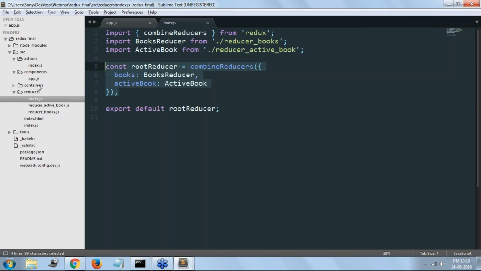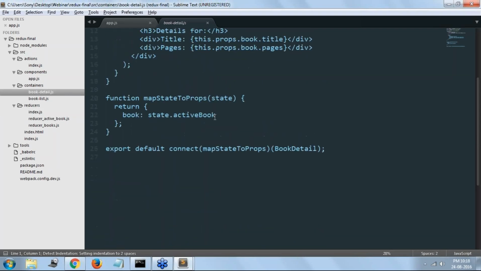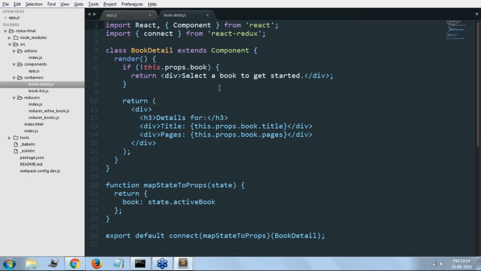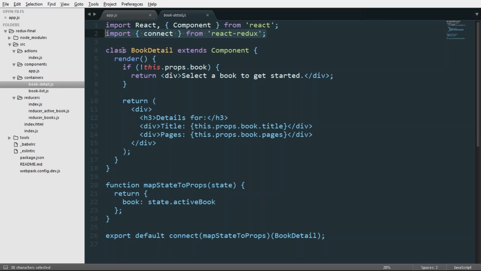So let's talk about the container component. In a React application, at the React layer, you are going to have two types of components: container components and dumb components. It means that not every component will talk to the Redux layer to get the state object. You will capture the state object in your container component, and send that state object down to your child components as props. So this is actually a container component, and here we are using the React Redux connect library to talk to the Redux layer and get the state object from there.